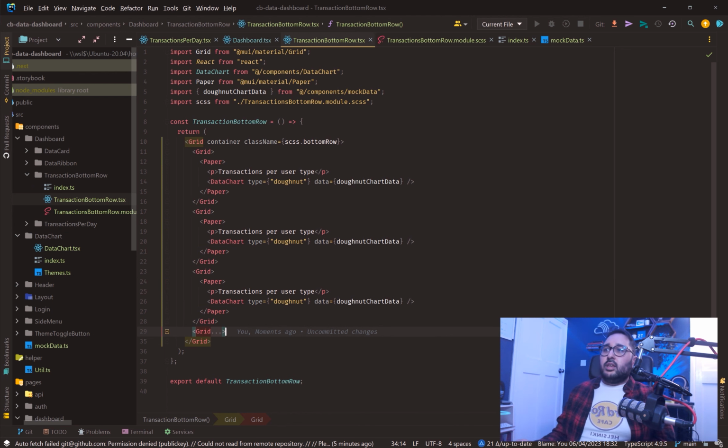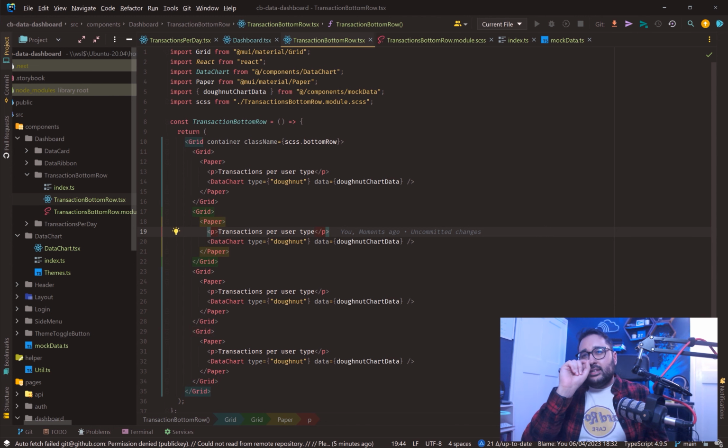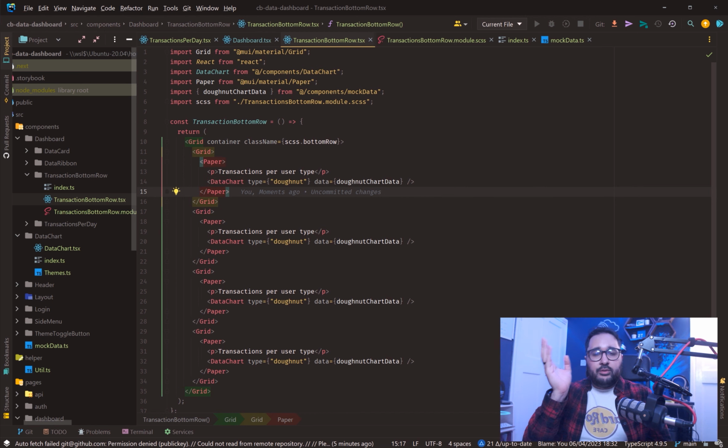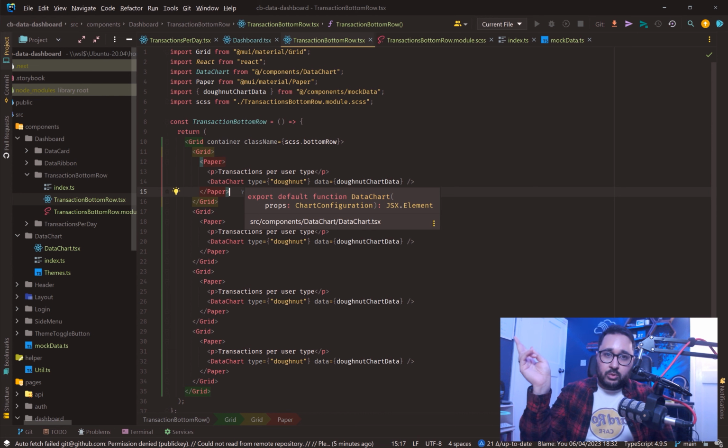Now, if you wanted to take it one step further, you could create individual components for these and add some titles and things. But because it's only 4 and it's only used on the dashboard page, I don't think it needs to be recreated. Because if this needed to be used on another page, then you could argue, in the rule of 2 or the DRY principle, you would need to recreate it. But because we're not recreating it, and because we're not repeating ourselves twice, which is the rule of 2, then